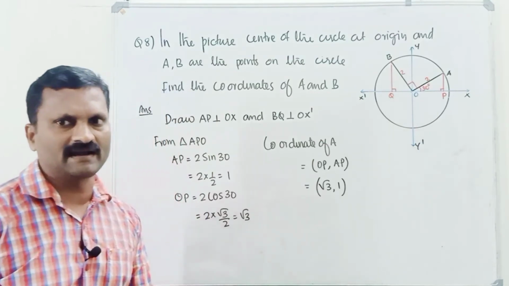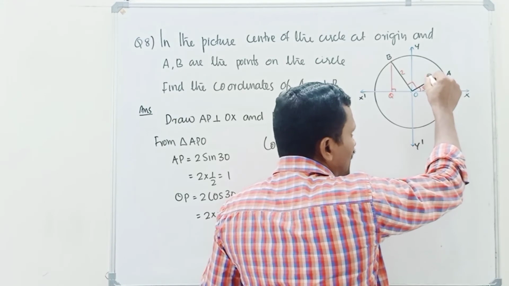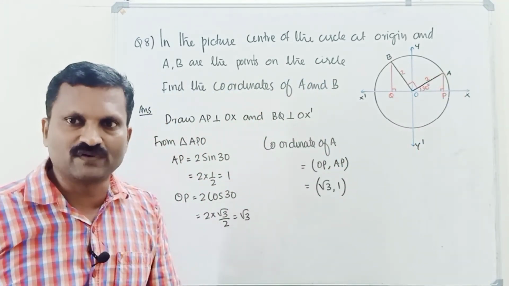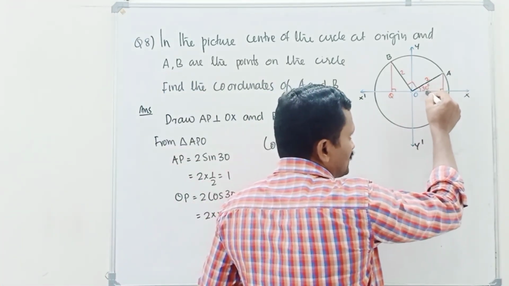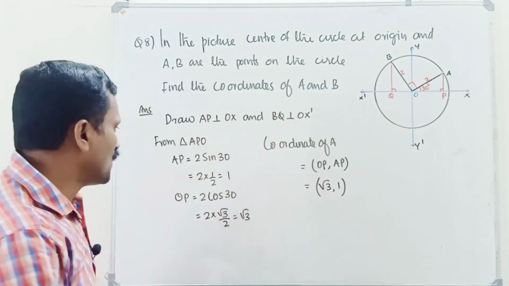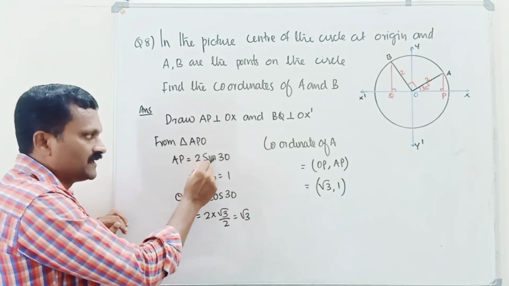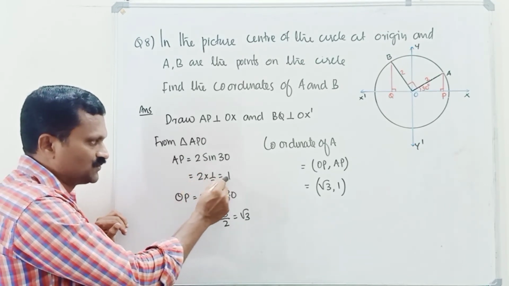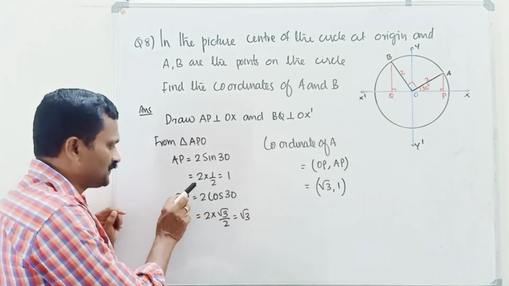can you see the triangle? Yes. In this triangle, one of the angles is given and the hypotenuse is also given. Using this, we can find the other two sides. AP is the side opposite to 30 degree and OP is the adjacent to 30 degree. Opposite side AP is hypotenuse into sin 30, that is 2 sin 30. Sin 30 is 1 by 2, 2 into 1 by 2 becomes 1. Can you follow? Then OP equals